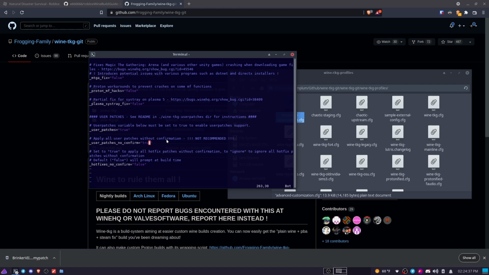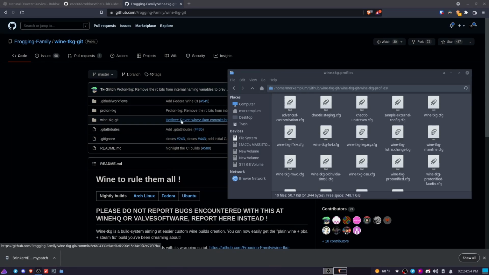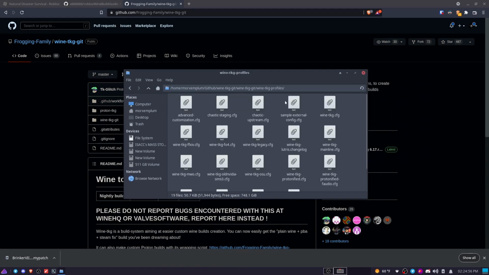Are you sure you want to apply these? We obviously do want to apply these. You don't have to do this, but if you do start making the package, you will get that warning. And if you do get that warning, just say yes, because we do want to apply those user patches. But I'm doing this so that we don't have to come across that annoying message when we start making